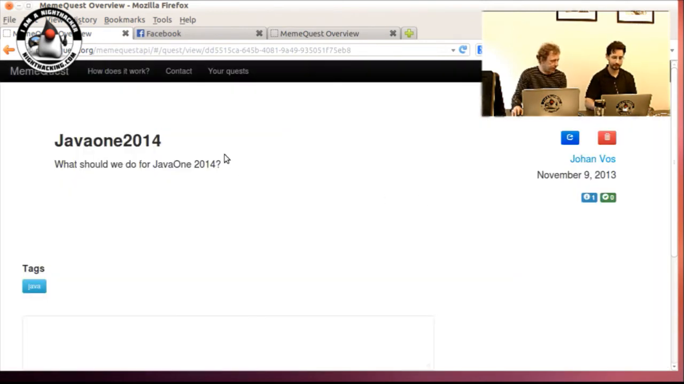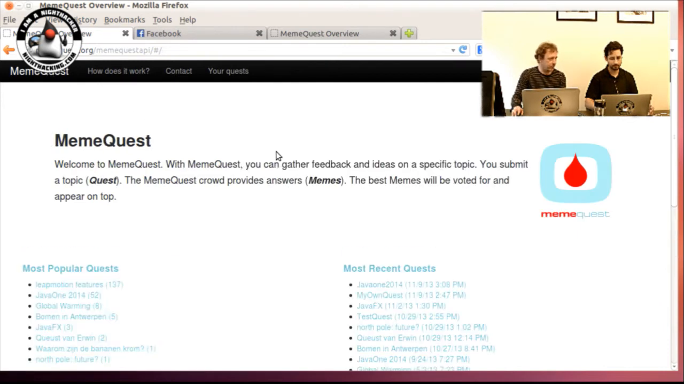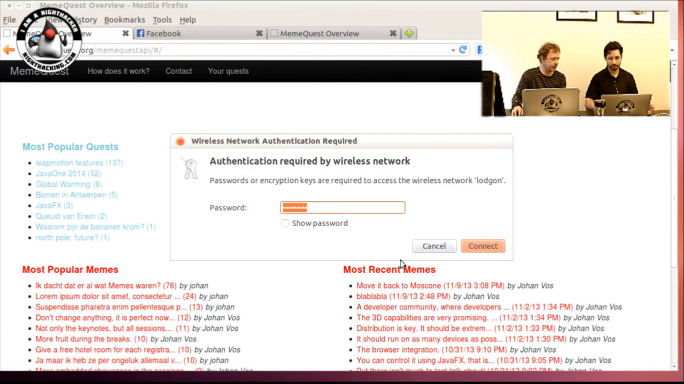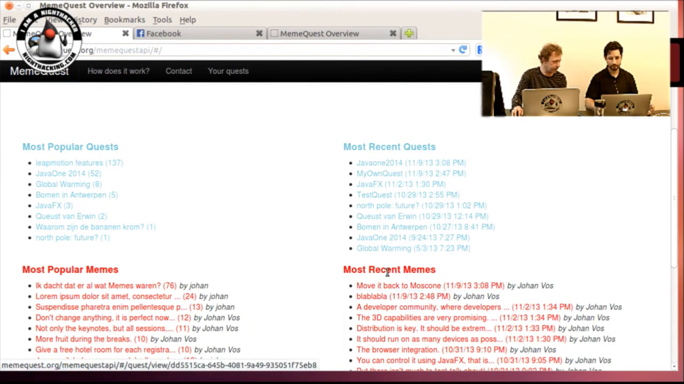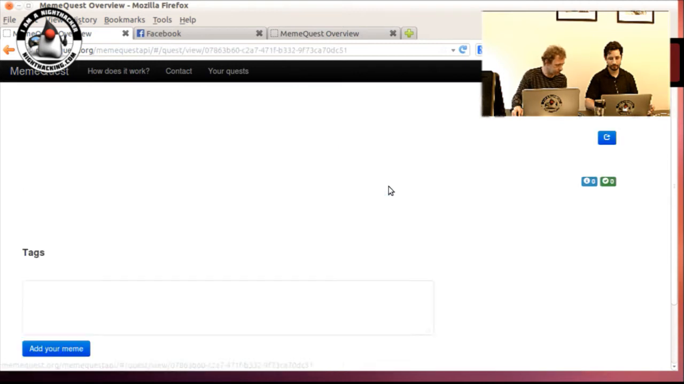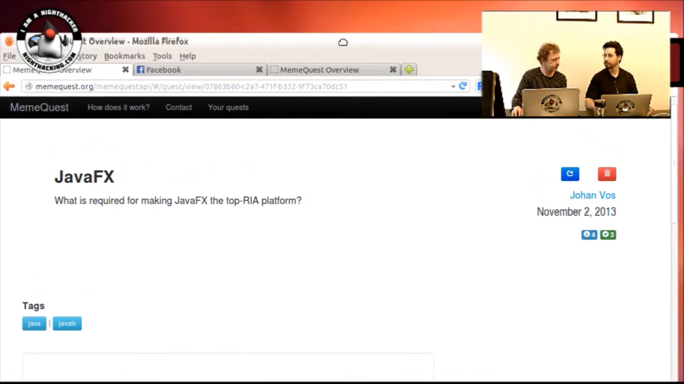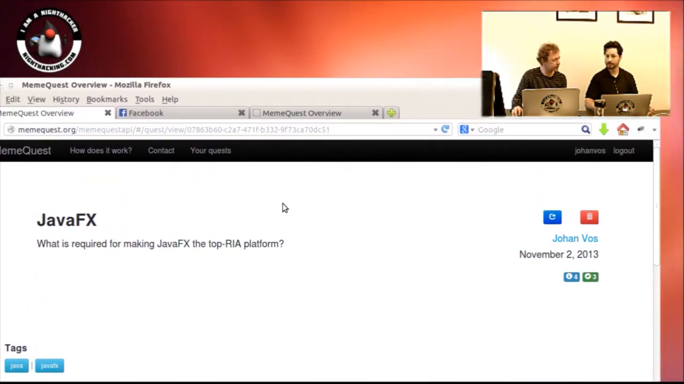So that's the web part. Oh yeah, one other thing that I forgot to mention. You can watch memes on Facebook and Twitter, but you can also, if we go to a quest, JavaFX. JavaFX, yeah. I thought it already was the top RIA platform. This is probably an old quest from yesterday or so. Yeah, what you can also do is you can